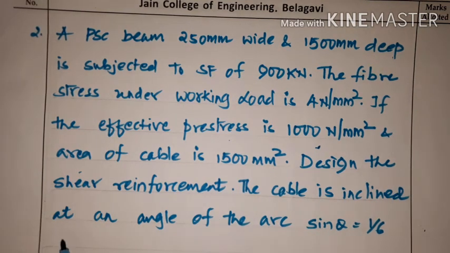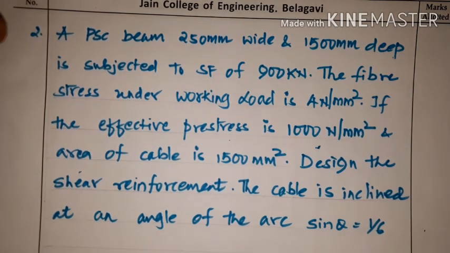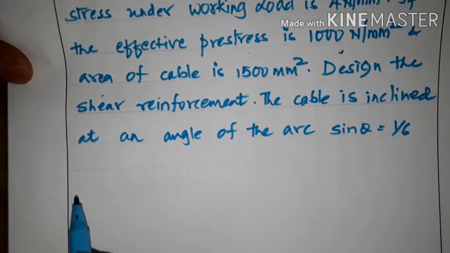The cable is inclined, so the angle of inclination is arc sin theta equal to 1/6. So quickly we will note down the given data first, so that it will be easier for the solution. Okay, so given data,